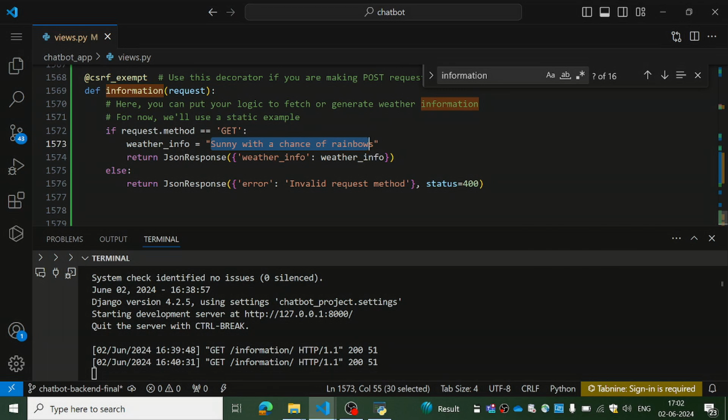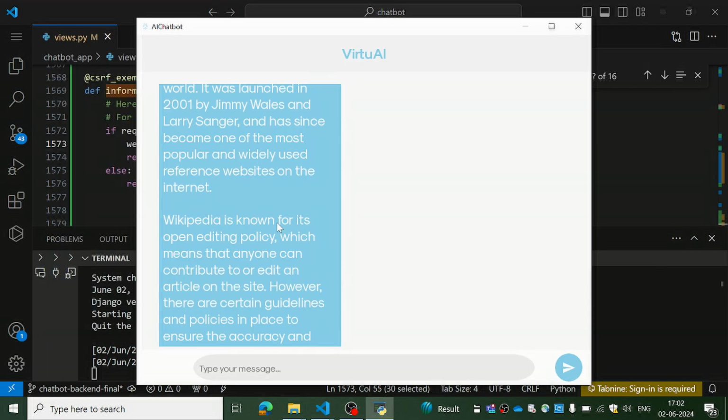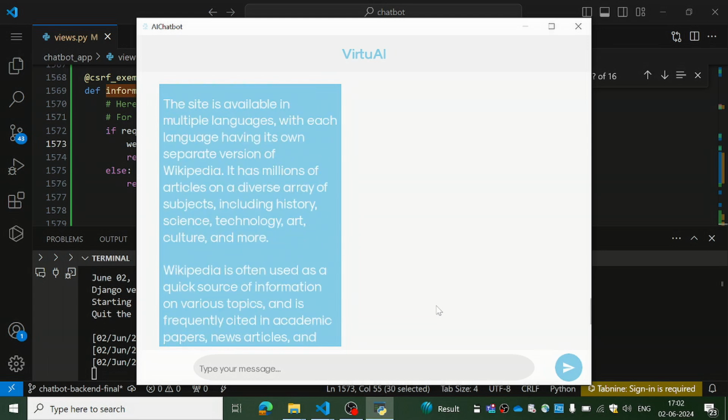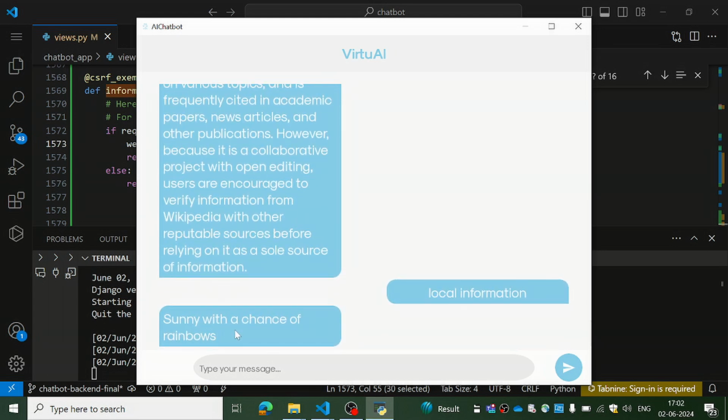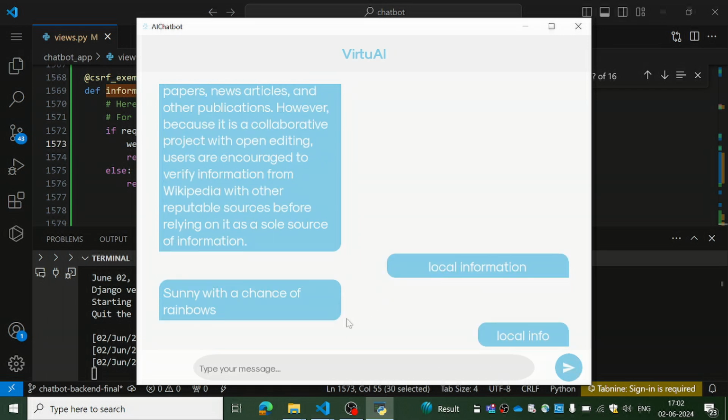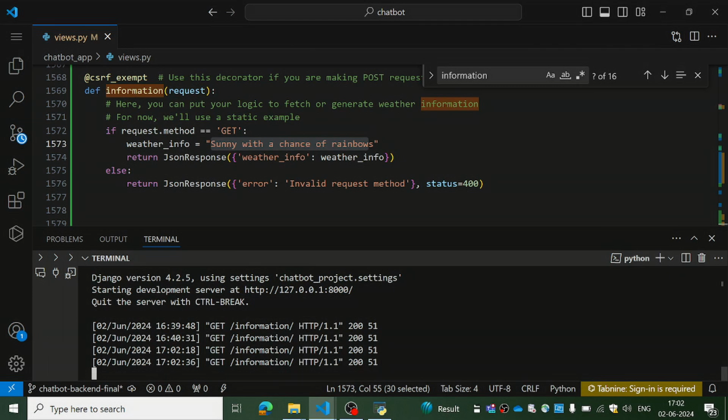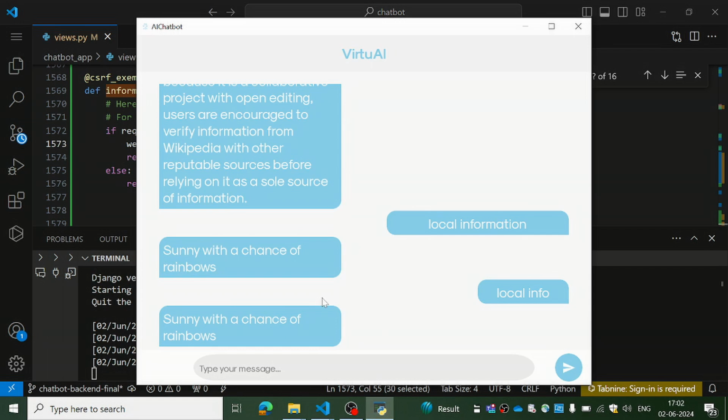Let me show it to you once so that you can also get a feel of it. What I have to type is local information, and let's pass it as an input and see what's going to happen. So I need to come down, sunny with a chance of rainbow. Okay, let me do it again. Local info, local info, let's say. Okay, so as you can see, I'm hitting the backend, which is on Django, through the KivyMD application,